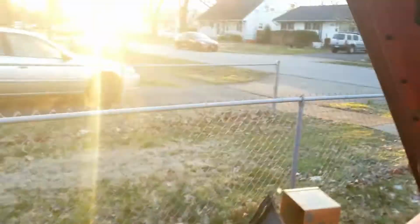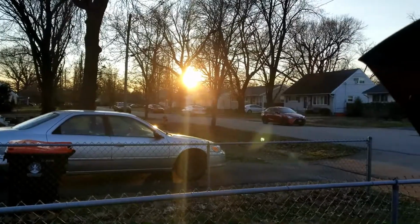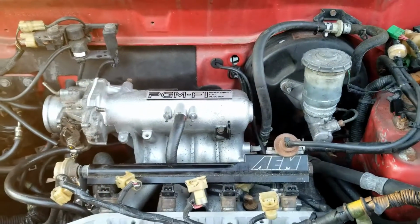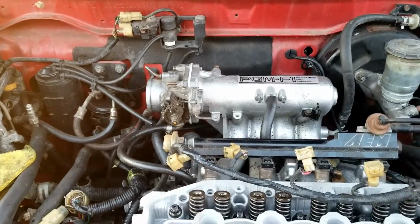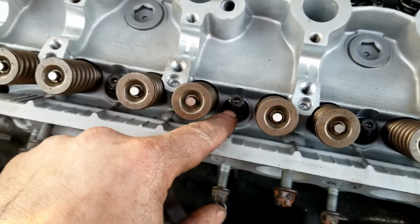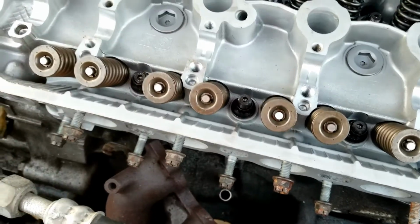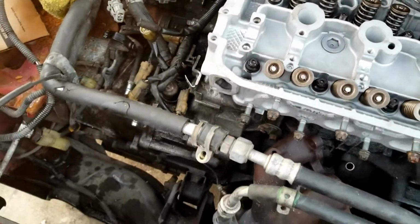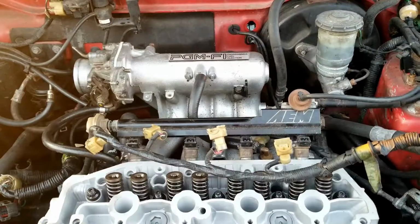But as you can see, the sun is almost past the roof over there, so it's going down pretty quick at this point. I did put all the washers and nuts on there and just hand tightened them. What else did I do? That's it, really. Sorry I didn't record any of it, I forgot, but